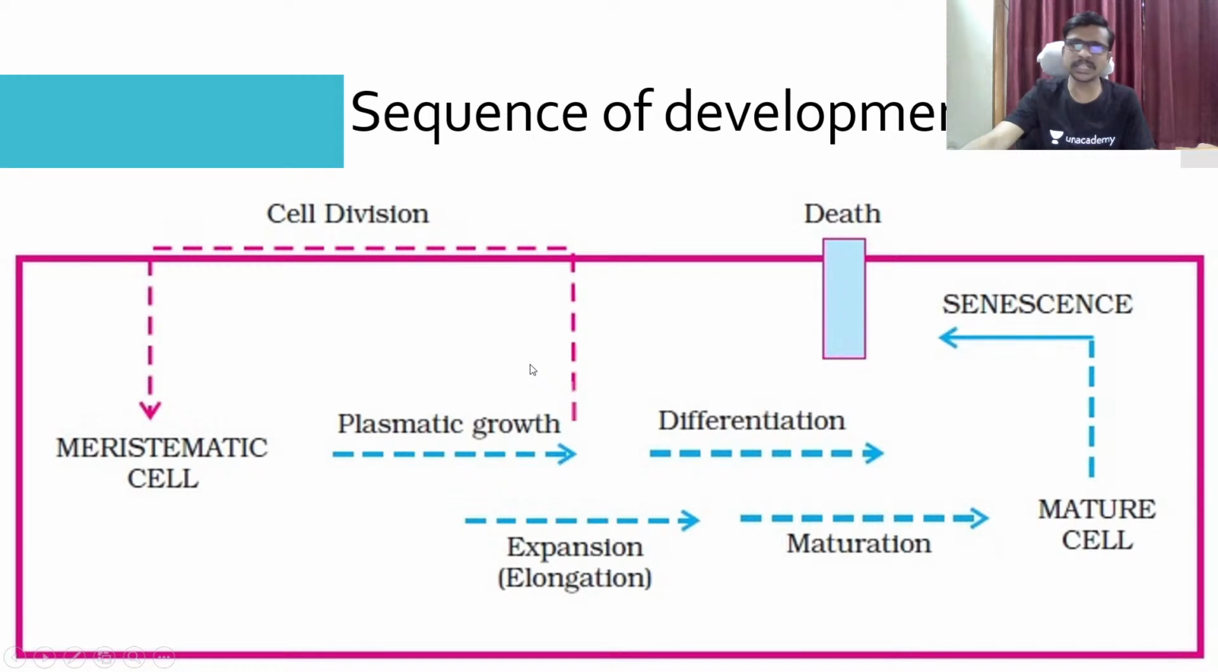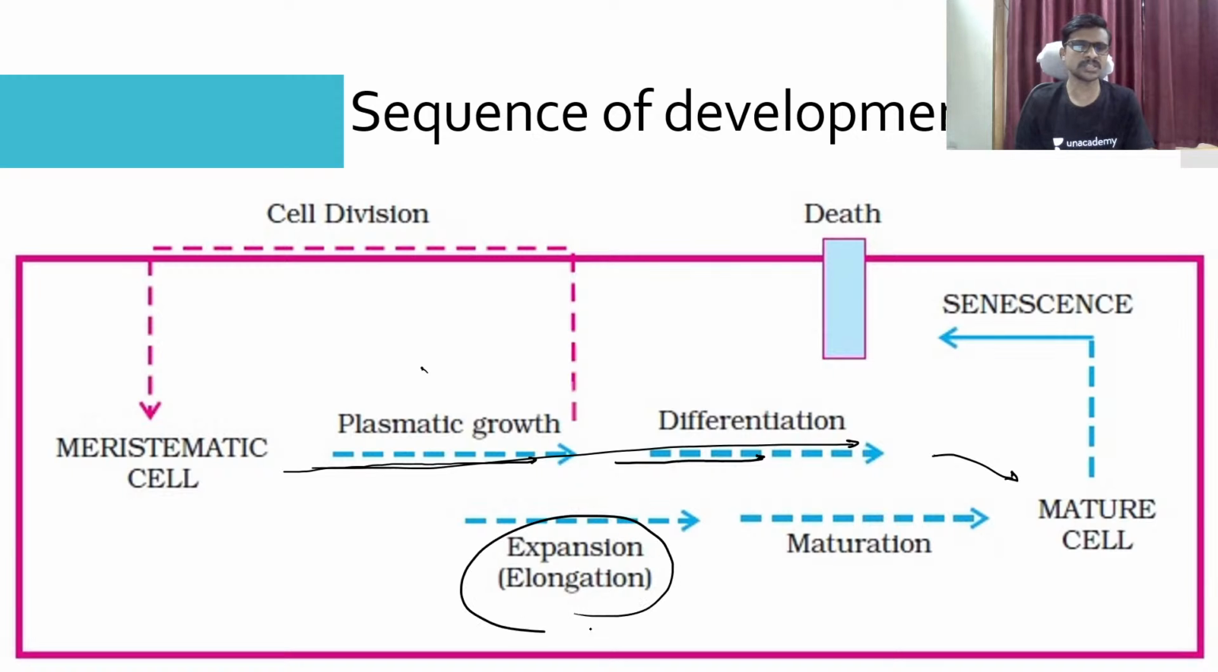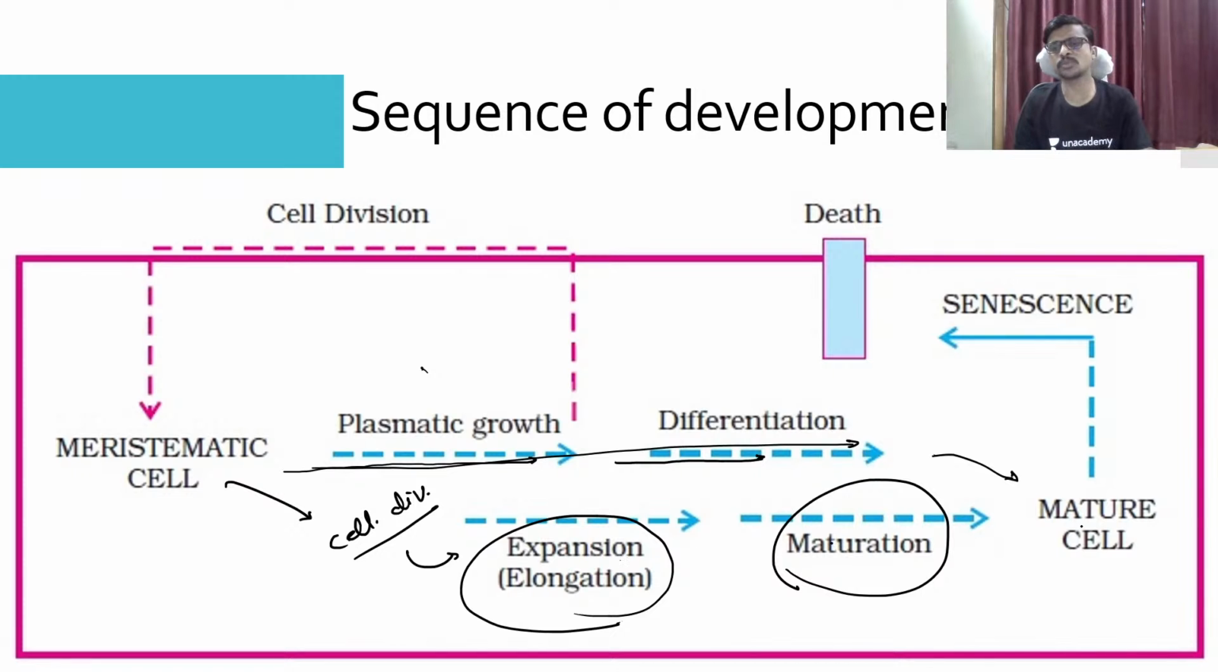So the sequence of development, let's see, this is I think the last slide. So the meristematic cell converts itself through stages like differentiation, and we get the mature cell. Okay, so this is the complete process of differentiation. In this process you can see the stages of growth. The first stage here is cell division, that is the formation. Okay, cell division, expansion, maturation, and the mature cells by senescence result in death,